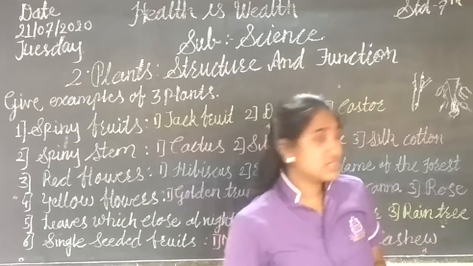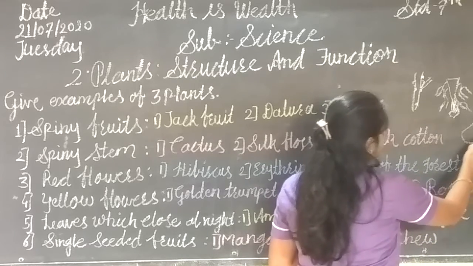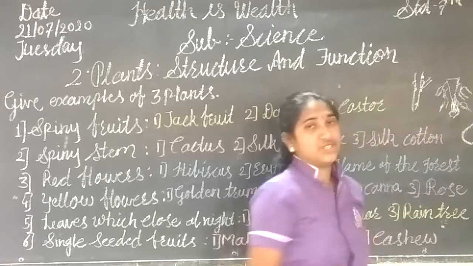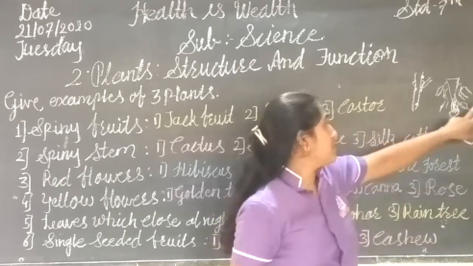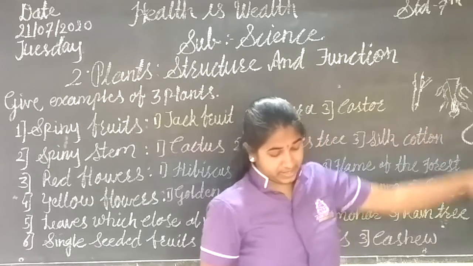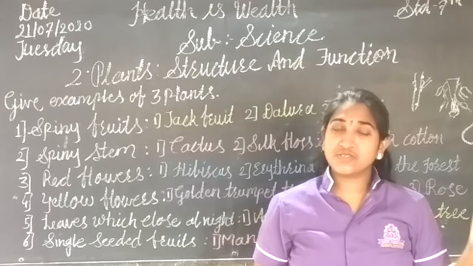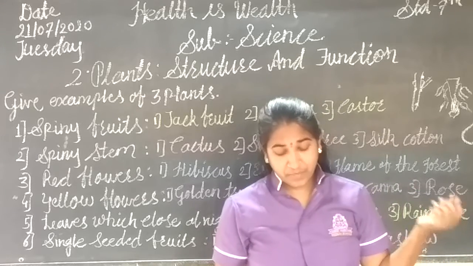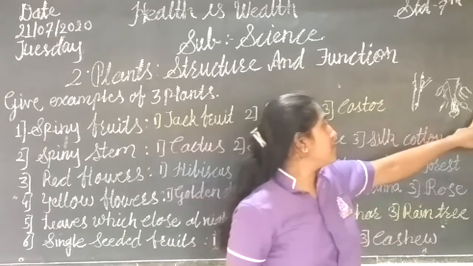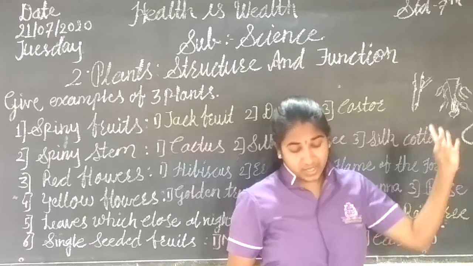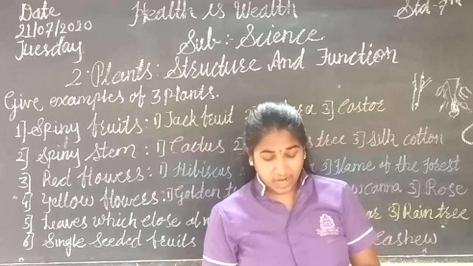Leaf margin. What is the leaf margin? See, if there is any leaf, this edge is called the leaf margin. Then leaf apex, the tip of the leaf. The tip of the leaf is called apex. The types of leaf apex. There are also different types. The first one is tapering. Some leaves are tapering, some are pointed, or some are rounded.